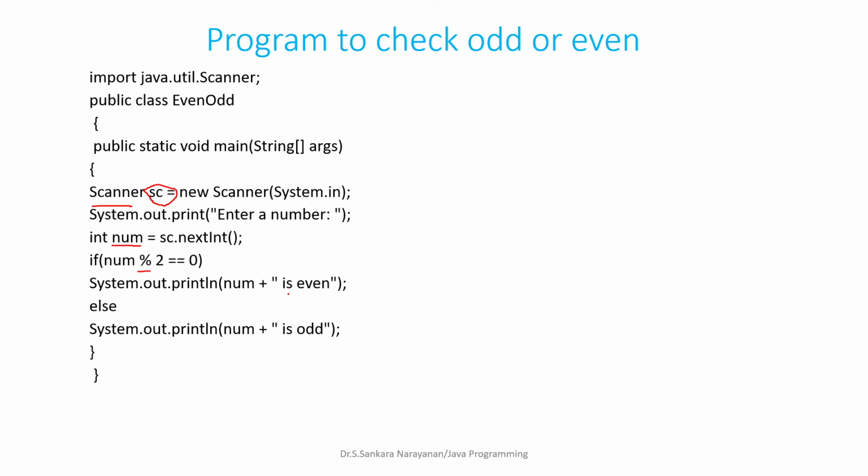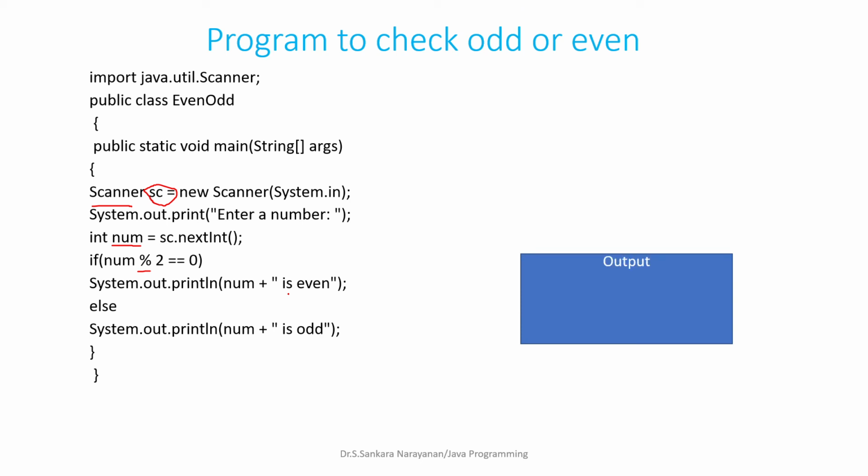Okay, what is the output of this program? I'm going to get one input from the user, that is an integer input. Here I'm getting 2. So the num value is 2. 2 modulus 2 is 0, the remainder is 0. So the output we will get for this program is that the number is even. Here I am printing num, the num value is 2, so 2 is even will be printed. Thank you.